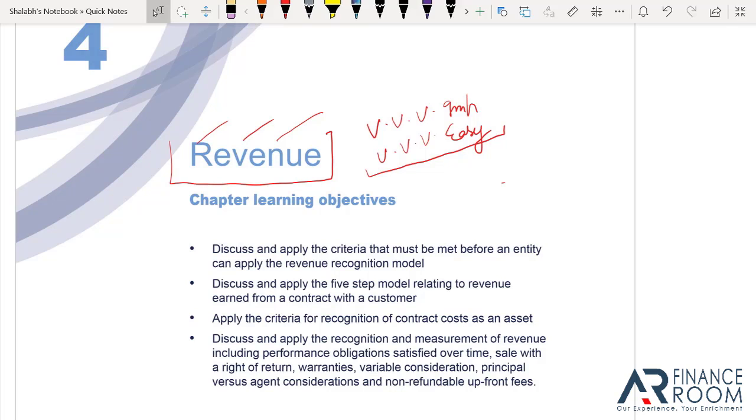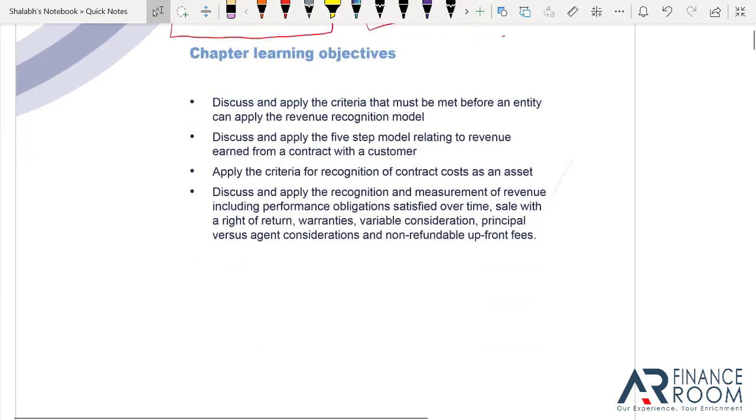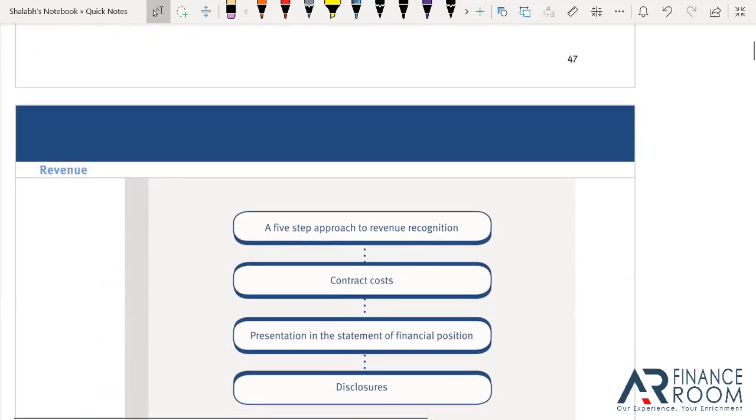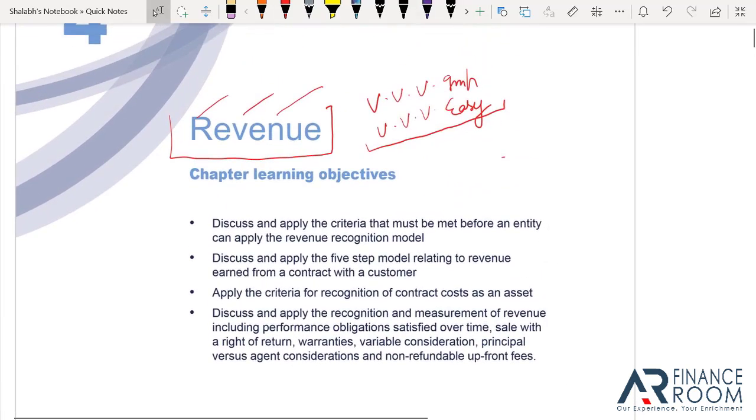So this being a very technical and important chapter, we shall be discussing with the study text initially, because this is a learning phase. We are learning it right now. Then I have made a comprehensive yet concise one or two page summary, which we shall be discussing towards the end of this IFRS. Once we are done with the technical concepts and learning, only then shall we move towards the summary part. So don't worry, I shall be giving you a very crisp summary, but that is after learning the technical details of this chapter.